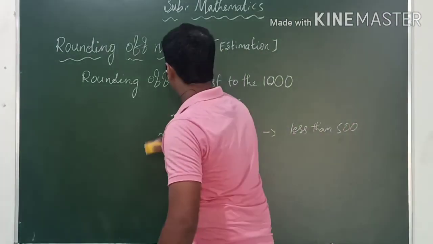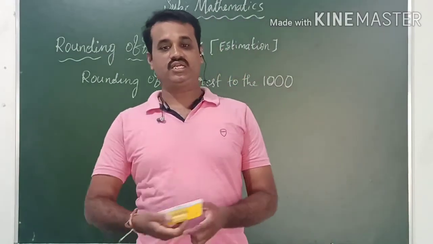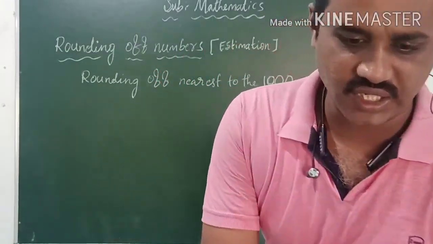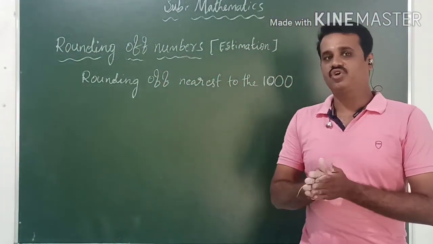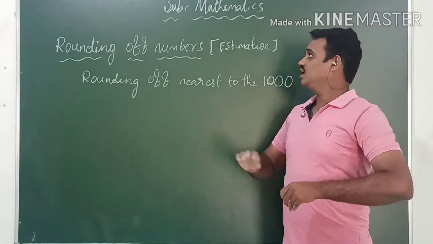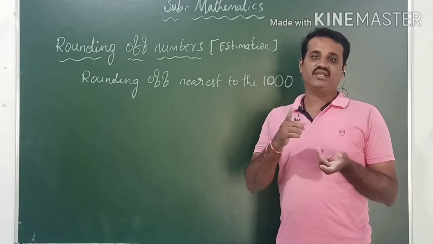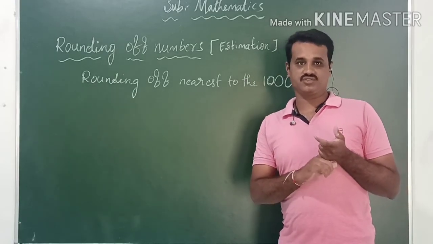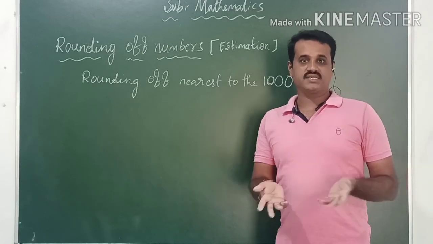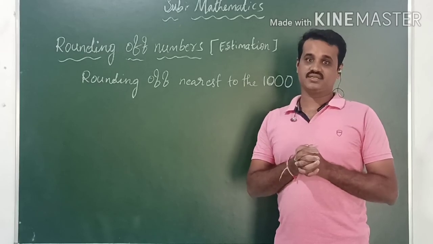So I give you the homework in the classroom app. You have to go through that. Okay. So already, I think you all came to know how to round off the numbers. Rounding of the numbers is nothing but estimation. It is also approximation, as I gave some examples before I started the class.